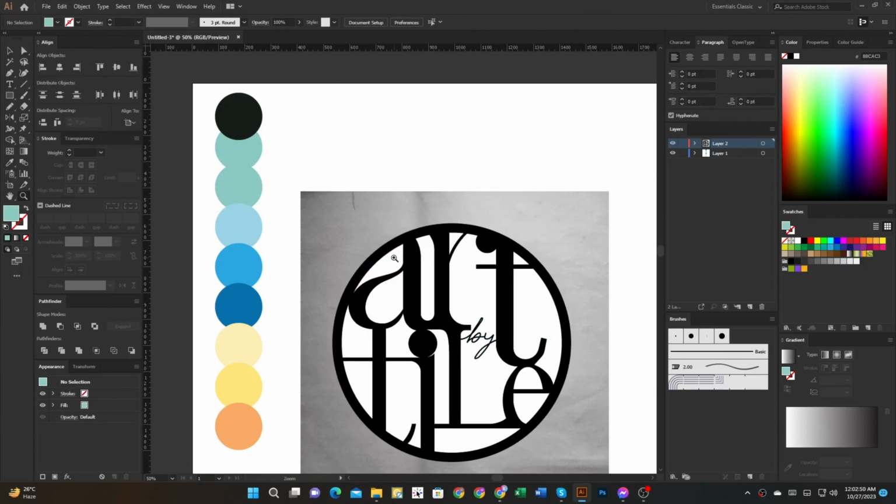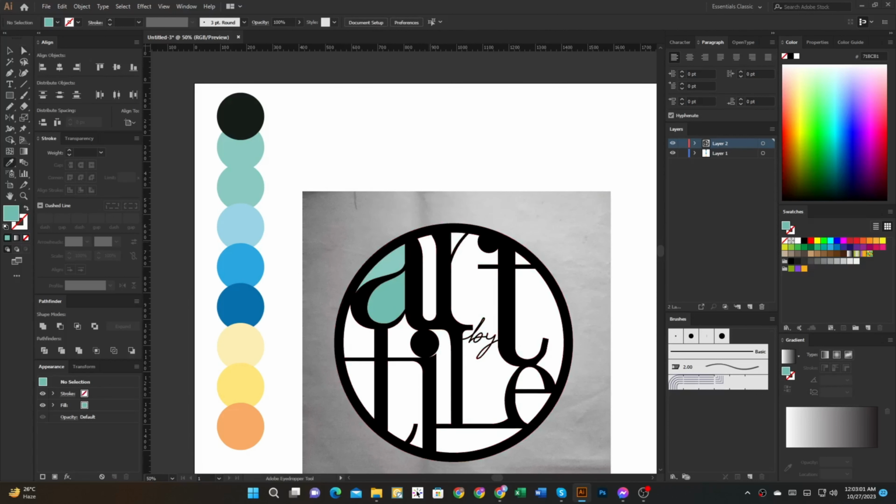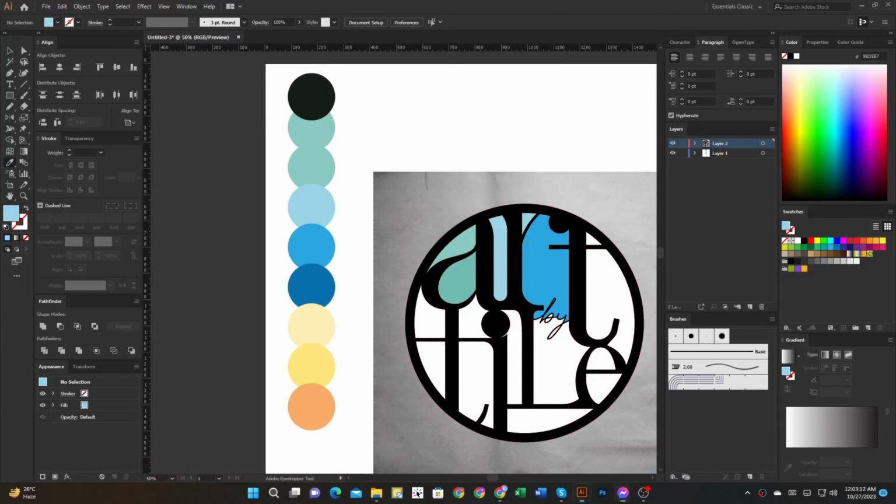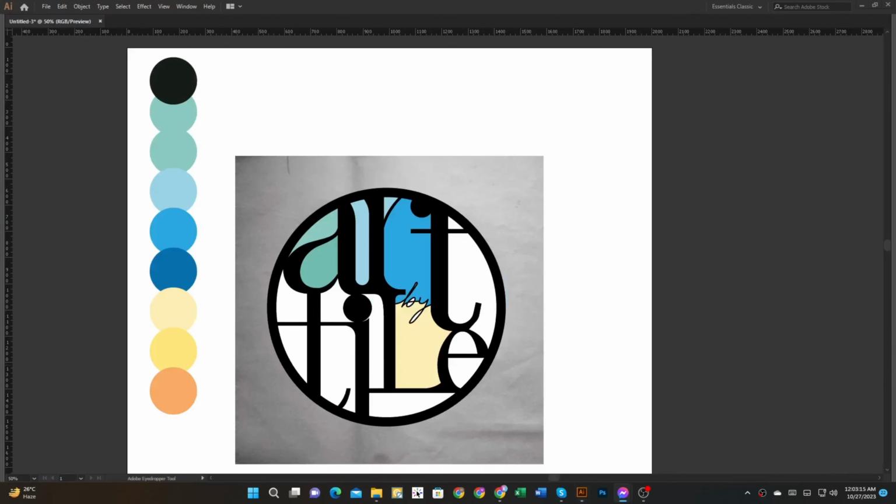Now, use eyedropper tool for color selection. I use many colors, you use your color.